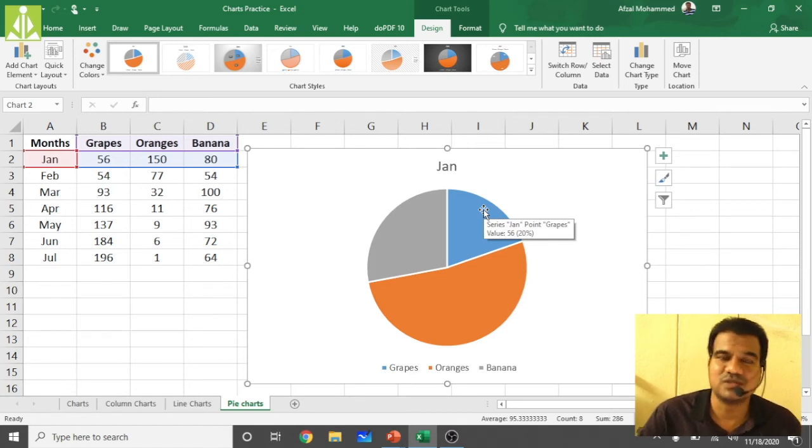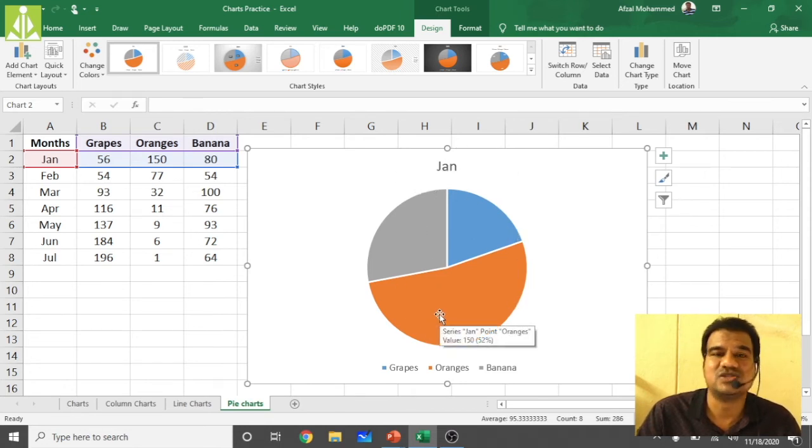So in this pie chart, the legend is here, the title is here, and this entire thing is my chart. Let's quickly make it more realistic. You can change the label also.